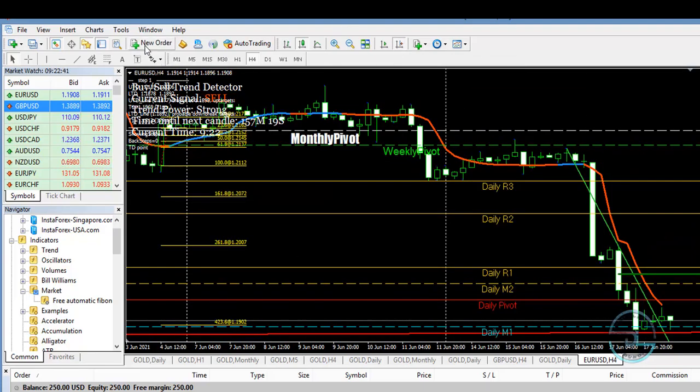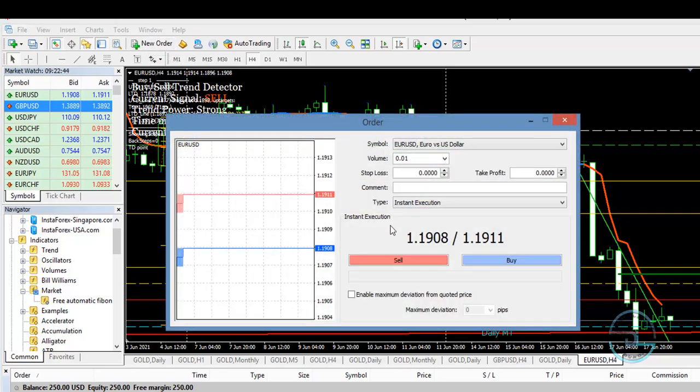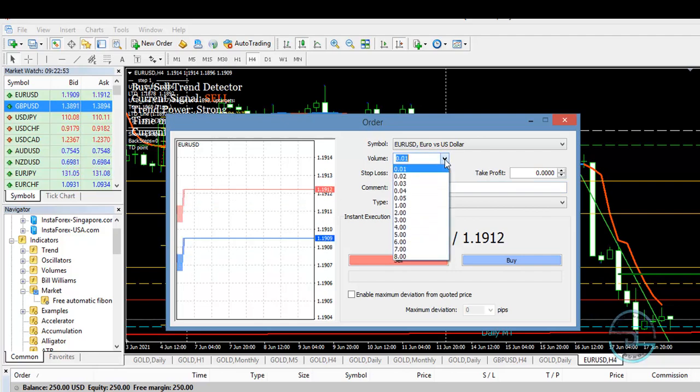So let's come down to first. We want to buy, we want to enter the market rather. Here you have volume. This volume is the same as lot size. Volume is the same as lot size. So on InstaForex,